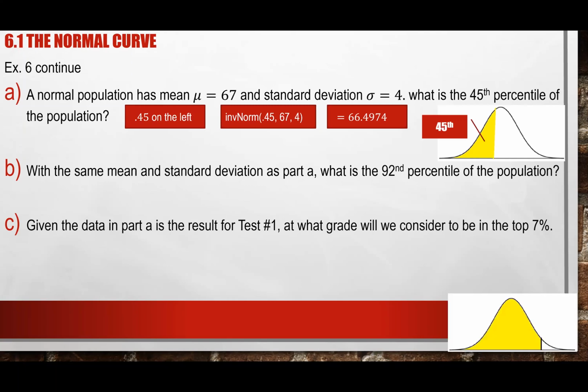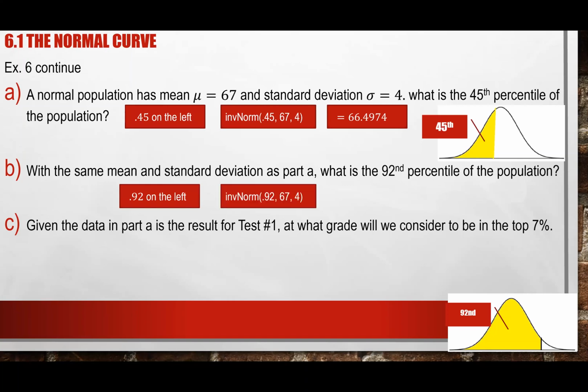Okay. So same idea. For number 2, they ask you, with the same mean and same standard deviation as part A, what is the 92nd percentile of the population? The 92nd percentile is the same as from 0 up to the 92nd, which we know is the area they give us. If we can identify that is the area to the left of the point that we're looking for, right? So looking at this here, 0.92 is the area on the left, which now we need to put in my inverse norm, and this is what we have. Okay, so again, this is basically